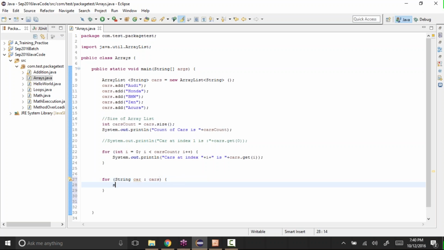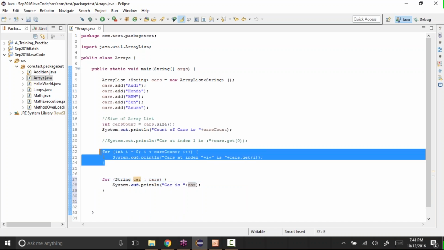System.out.println, "car is" plus car; you can give car directly because it's a string. So for every loop, the first time it will have Audi, second time Honda, BMW, or whatever it is, like that.